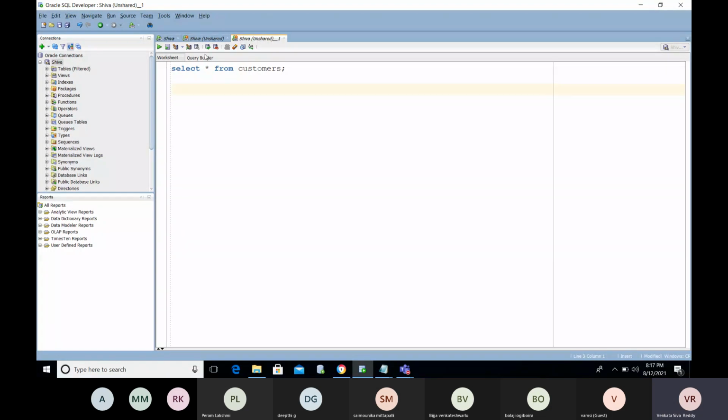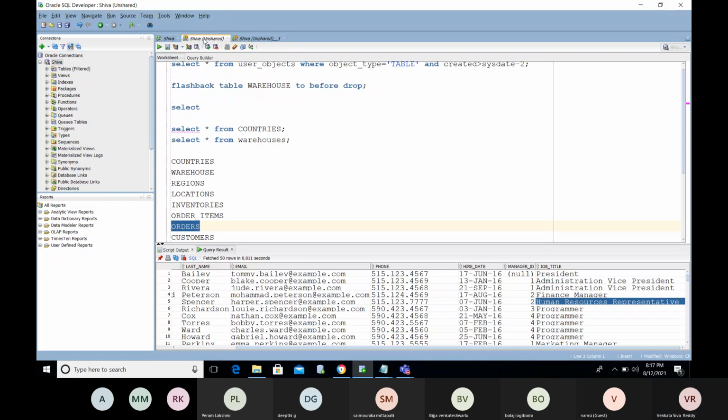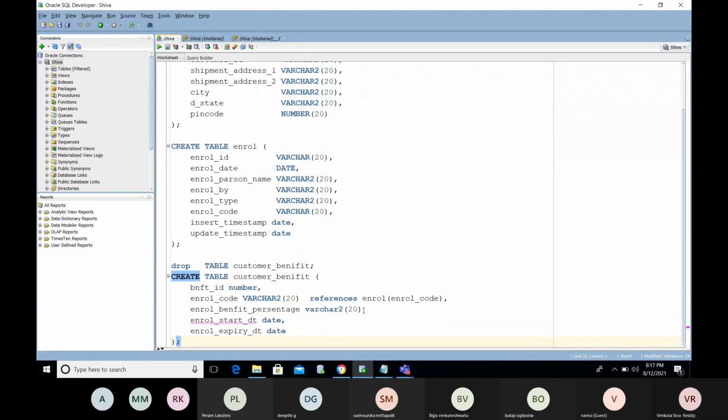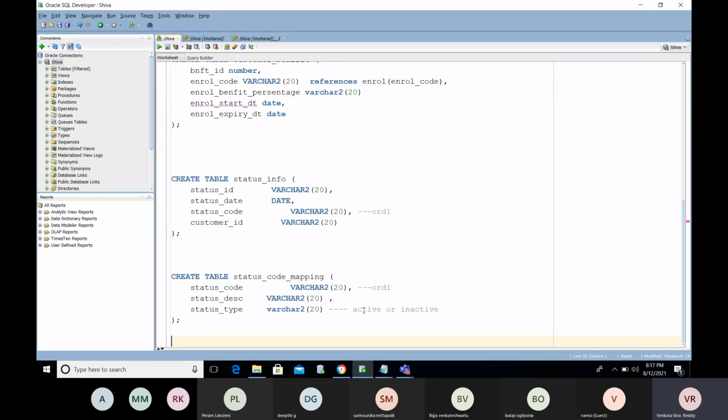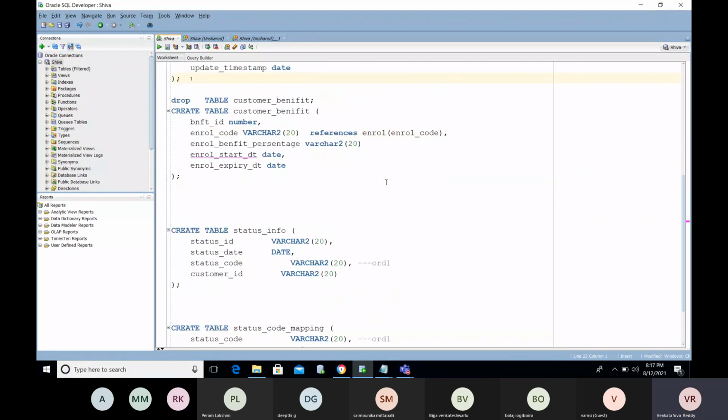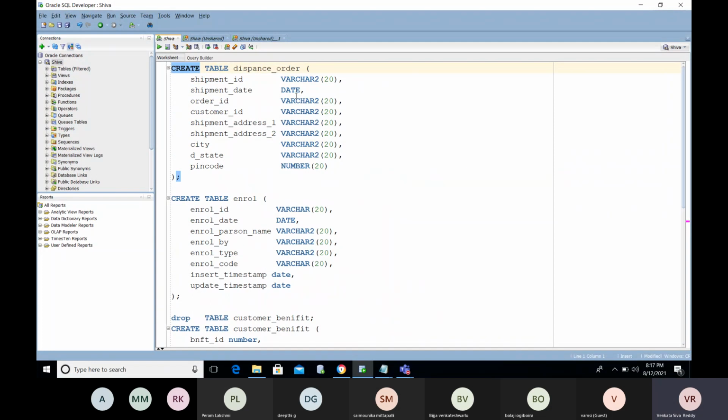I am going to save all these tables and try to insert data in them. I'm going to maintain these rules here. For the dispense order, while dispensing any order, the order needs to be in the order table. Without placing an order, you cannot dispense any order. For that reason, you will maintain an FK with orders, order ID.